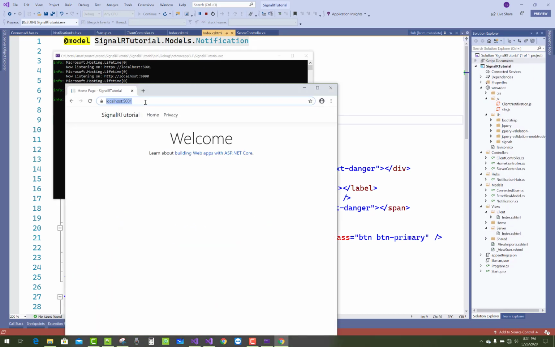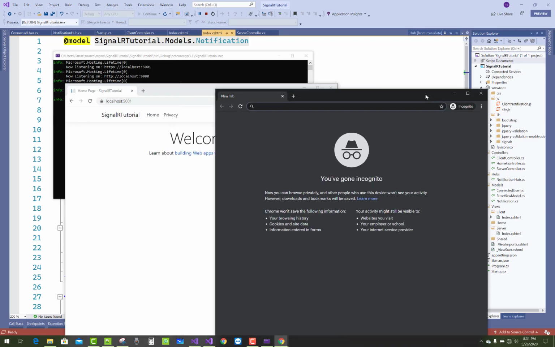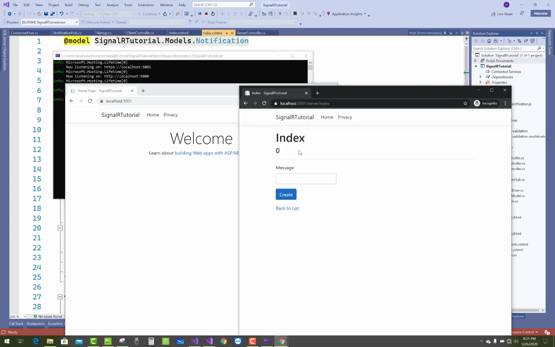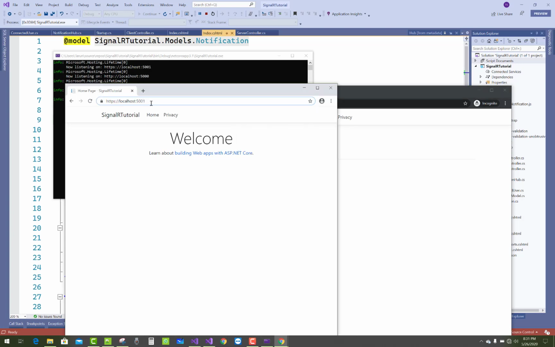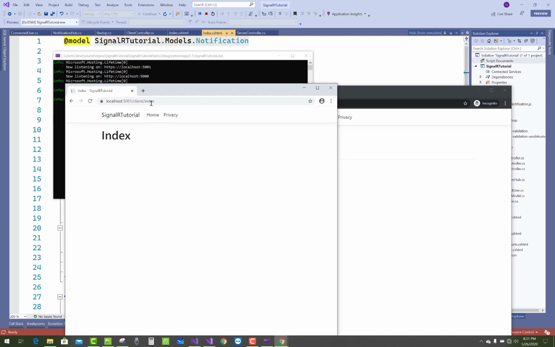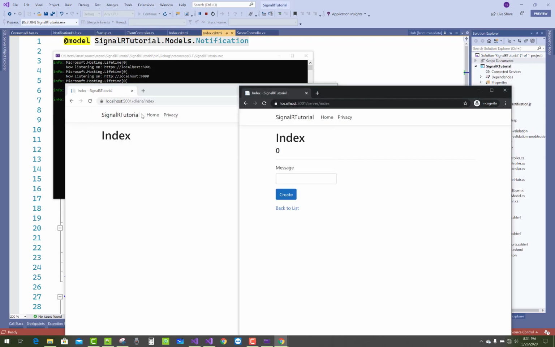So there is the first client, so just open it in a separate window. On the server index page, here we have 0 clients. When we open the client index page, there is one client.